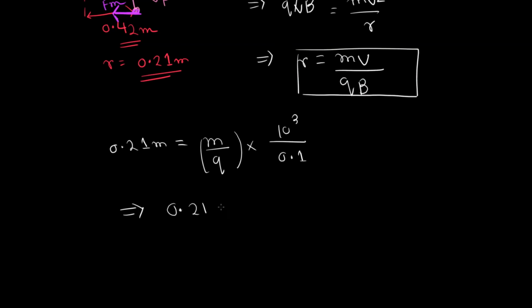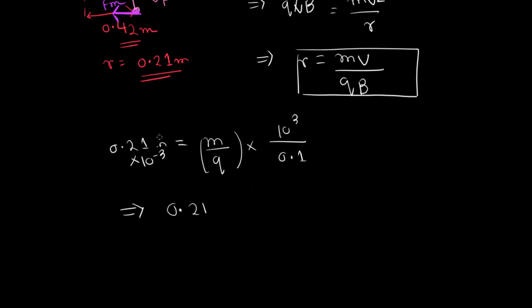Sorry, it would be 0.21 divided by 10 to the power 4. 0.21 millimeter, so 0.21 into 10 to the power minus 3 meter,